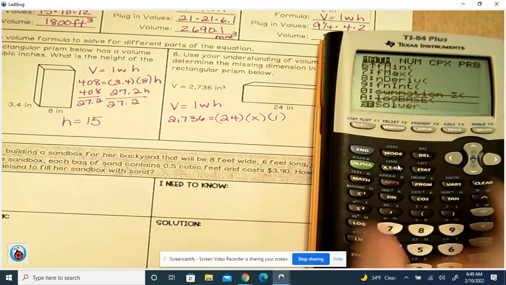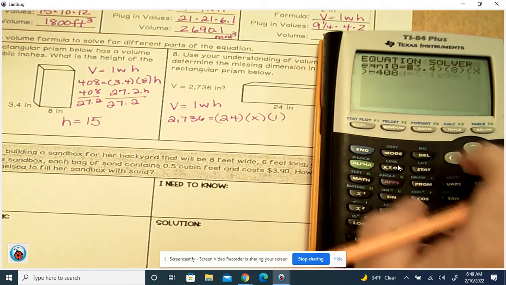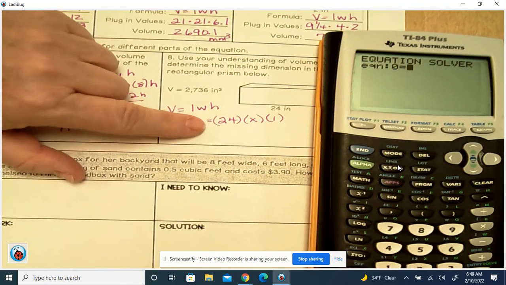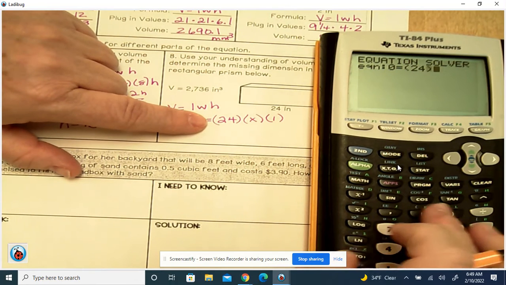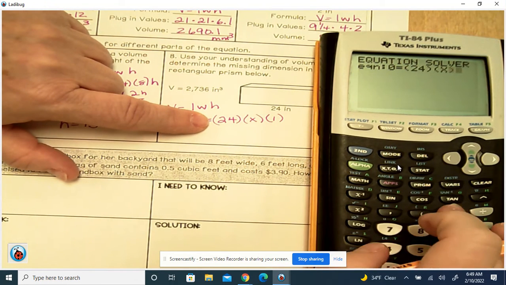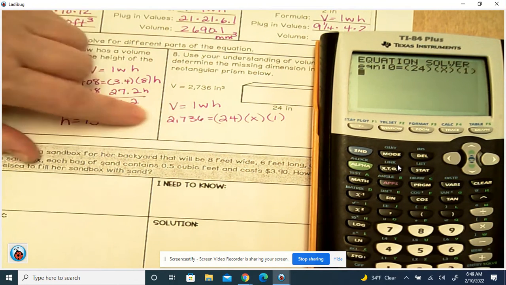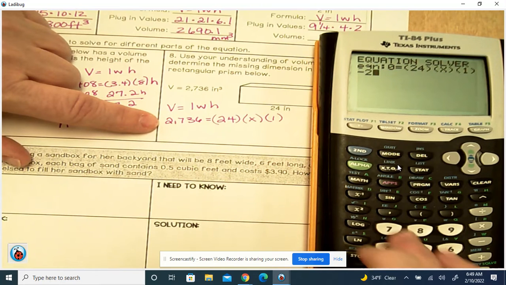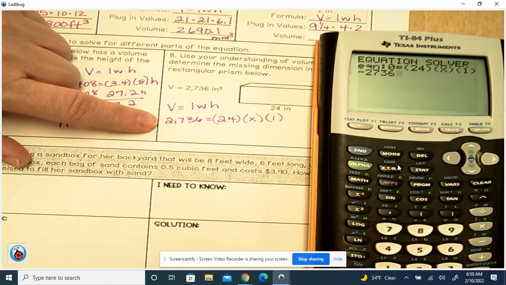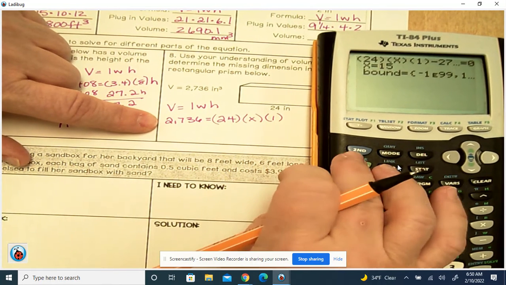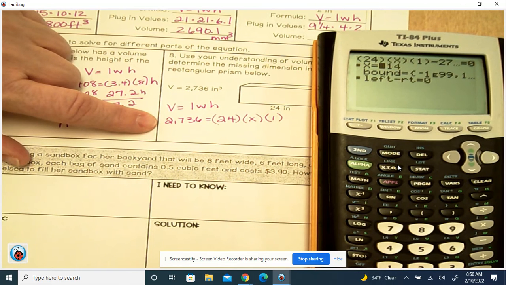So if we put that in the calculator, let me clear it out. You got to put it in parentheses, 24, x, and 1. And then we're going to minus 2,736. Enter. Make sure the A comes up. And you get,